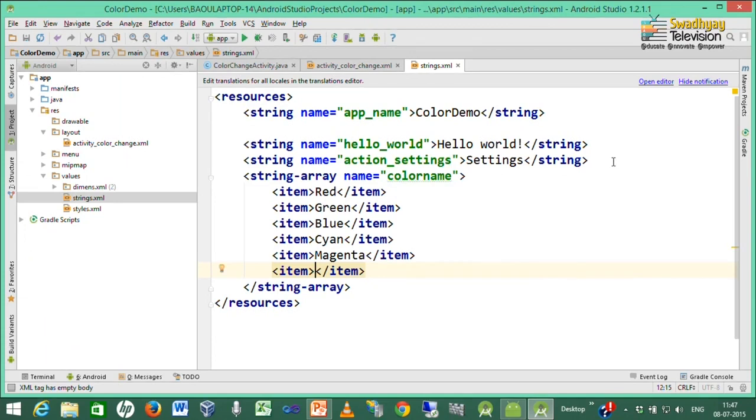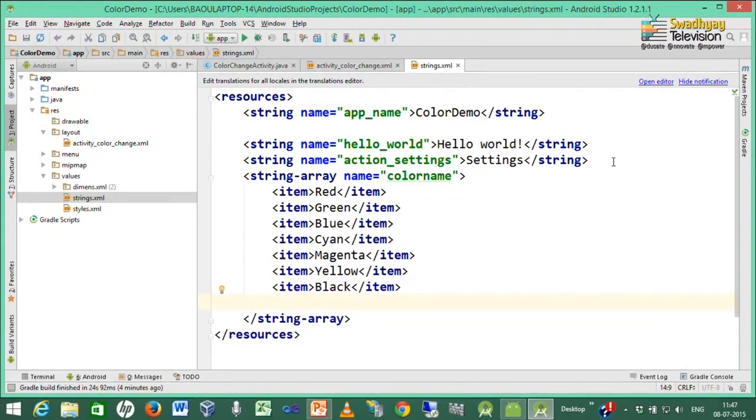So, we create different color names inside the string array. We exclude black color because our text color is black. So, gray and white. So, this many items we have created inside color_name.